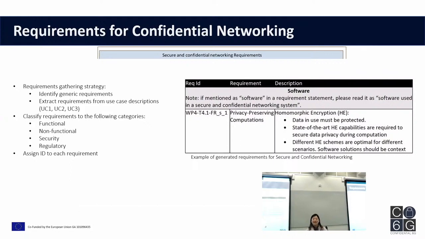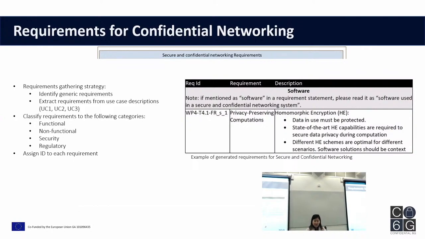And on the right side is an example of a summary table we used. We provided the requirement and a little bit of description, and all the requirements are collected from the four categories you see here. We're focusing on functional and non-functional, and also security and regulatory requirements.